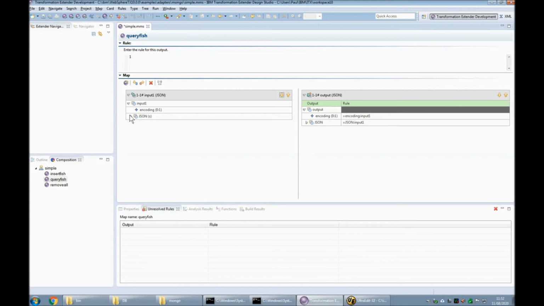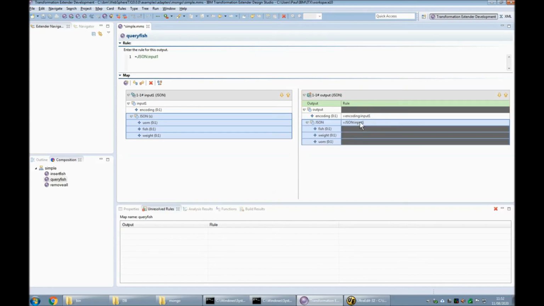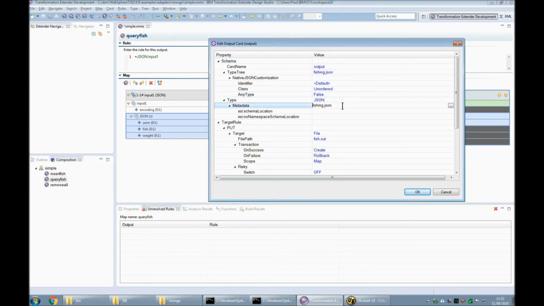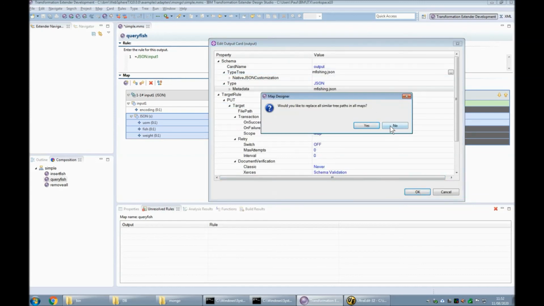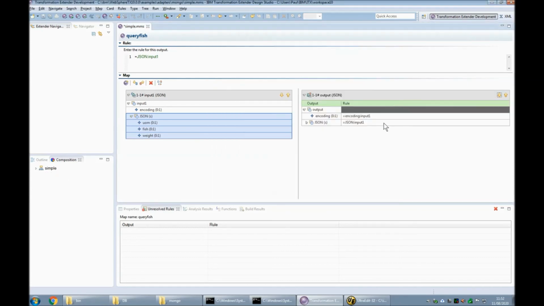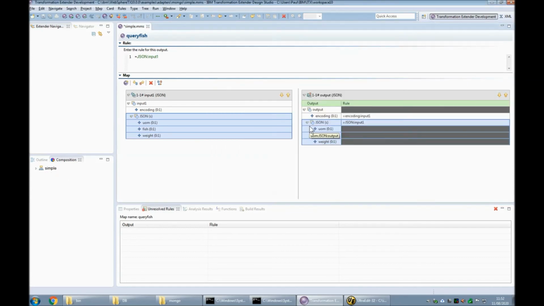And you'll note that the input card has changed structure in that JSON is a repeating group. Let's do the same on the output side, because otherwise we'll only be mapping the single fish again. So let's go in here and change this one to mfishing, both the metadata and the type tree. Click no to change them in all maps again. Okay, so now we are mapping across one to one,